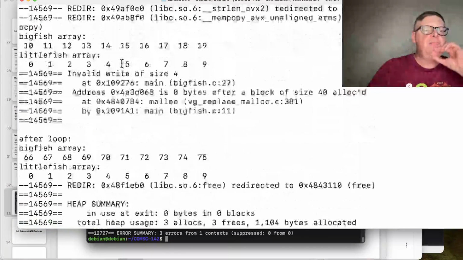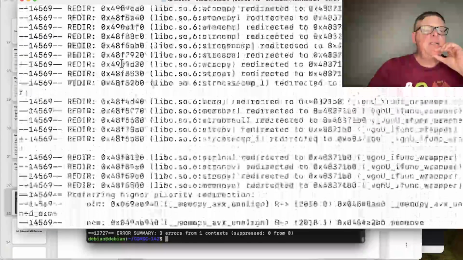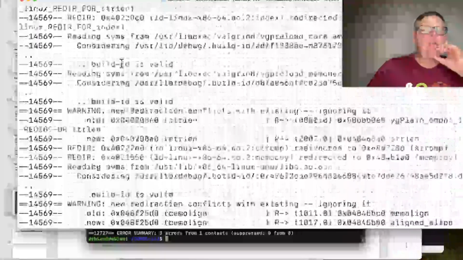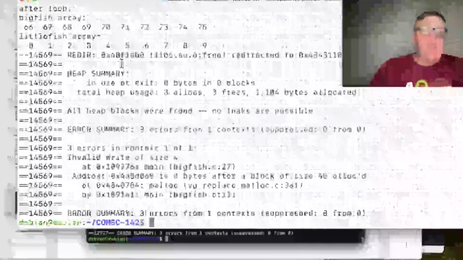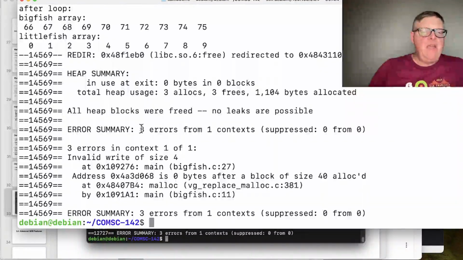So here it is, showing a lot of information about how memory is used. And then at the end, it's going to show me the summary. Okay, error summary, 3 errors. Invalid write of size 4 here. Address is 0 bytes after a block of size 40 is allocated. And here, 3 errors. So here it is pointing at big fish